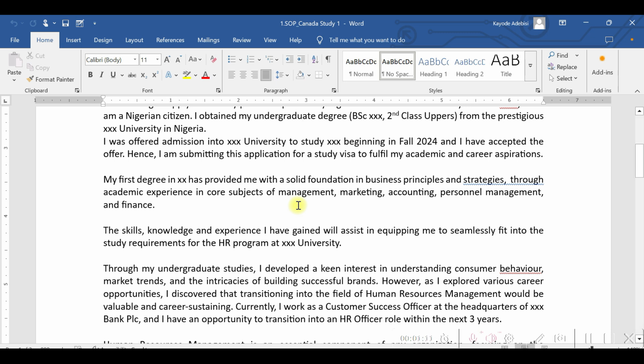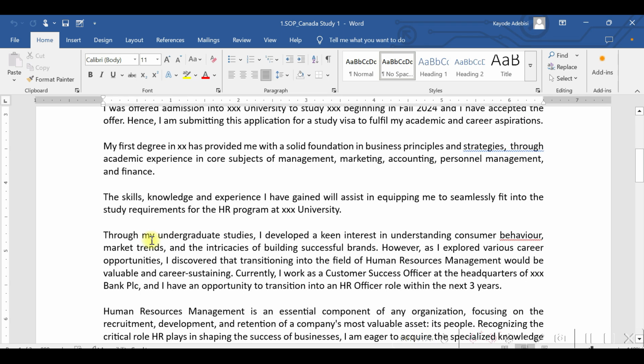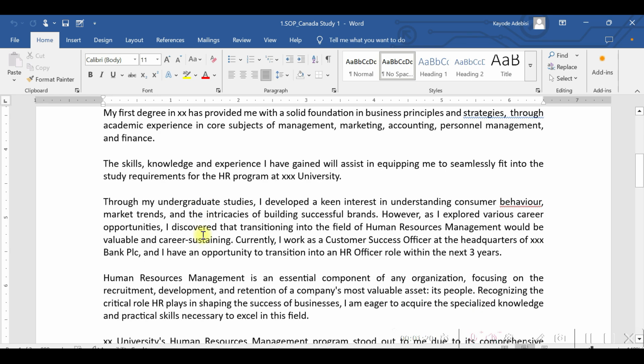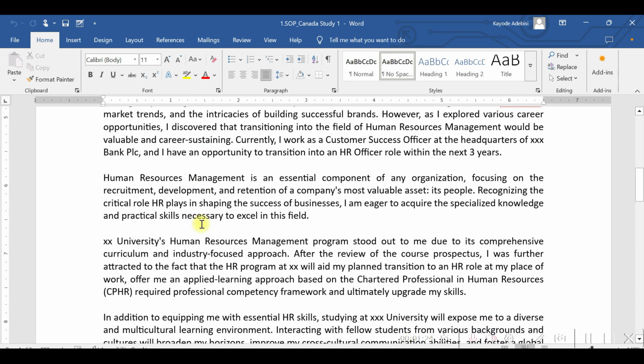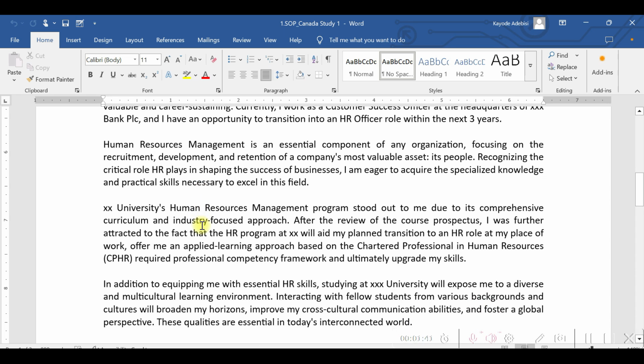What subject did she really study? So she went on that, buttressed on that, provided clear skills of what she had gained from the school. Then she went down to providing information around what the work duty is, like what she does at work, right? What's her work experience? She provided that also, and now linked that into the program she will be studying in Canada, right? So you could see those linkages very clearly mentioned in our document.